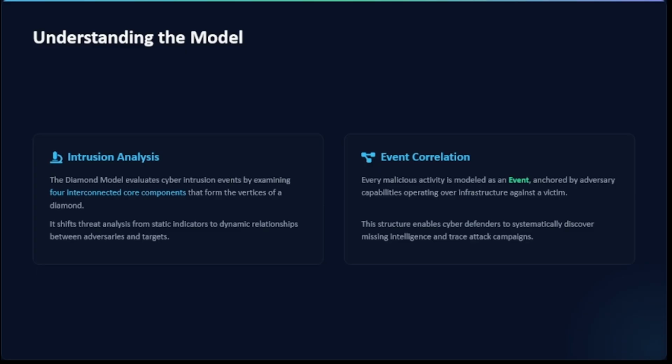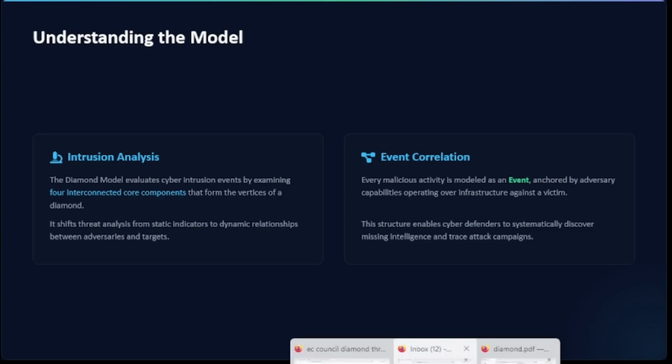They use event correlation, and you'll remember when we talked before the difference between an incident and an event. Here they talk about events, and this malicious activity they call an event, not an incident. So you have to kind of switch your mindset there. On tests, the definition of an incident and an event remain what I told you before. An incident is an actual attack, an event is an everyday occurrence. Remember that. But for looking at the diamond model, they do call it an event, which we did see in that